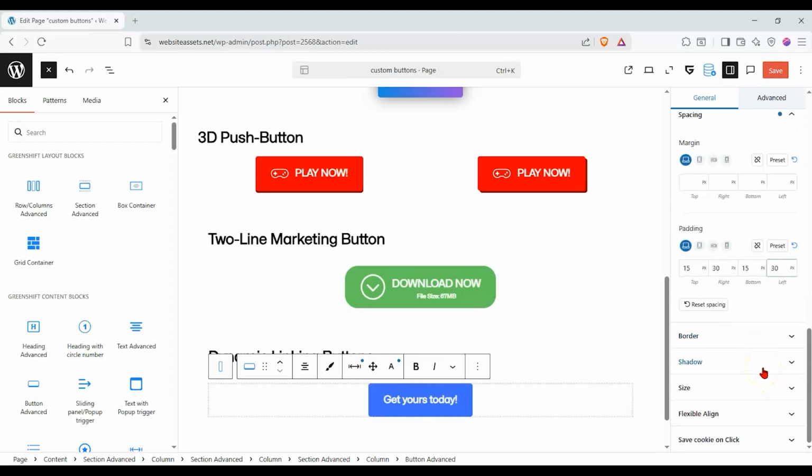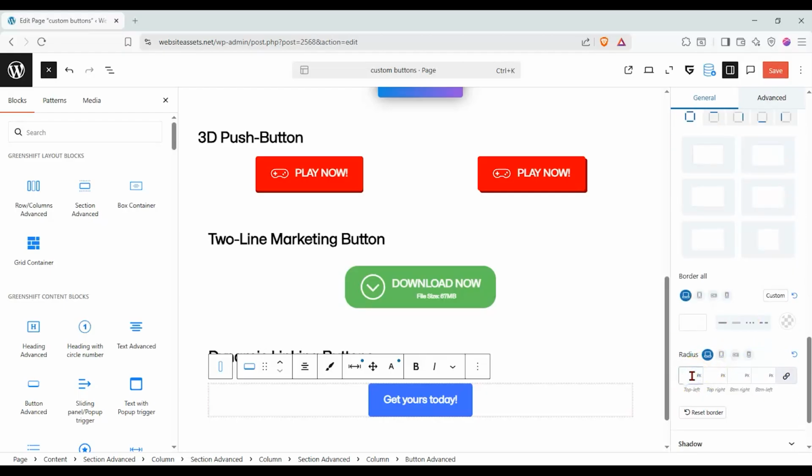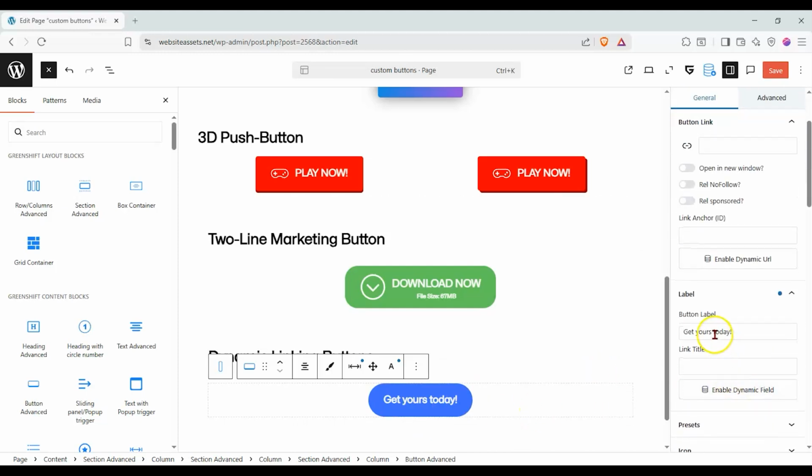And as an affiliate link, you want to really convince somebody without much pressure to go ahead and click. So on the border over here, let's go ahead and change the radius to, let's say, 50. Okay, there you go. And it's nice and round. And we can add an icon if you wanted, but that's just fine. Or if you wanted, get yours